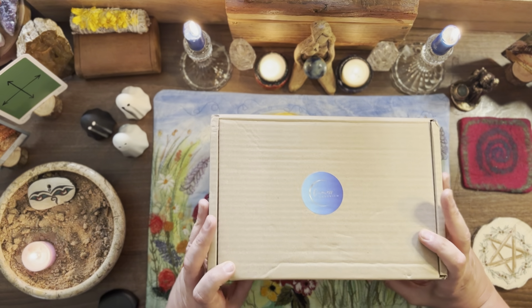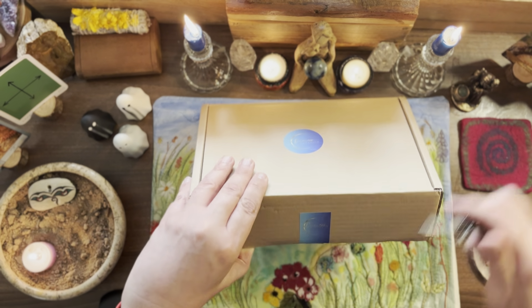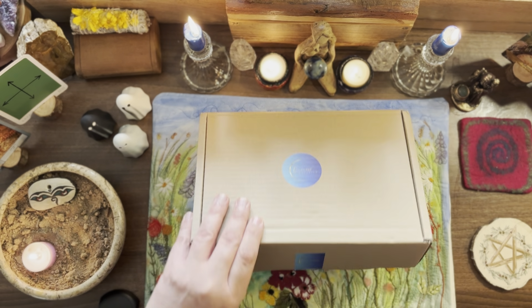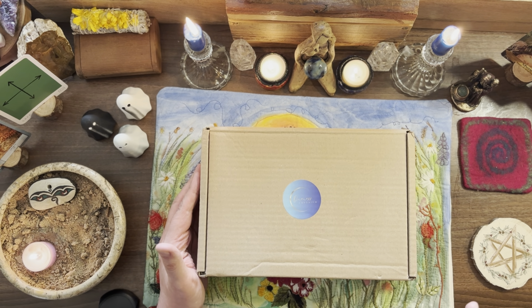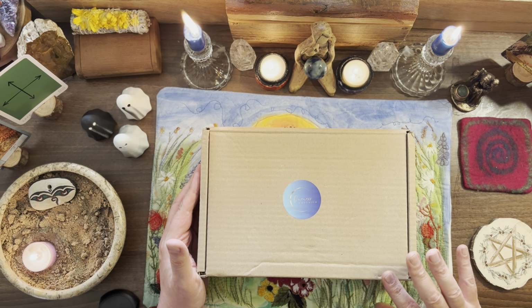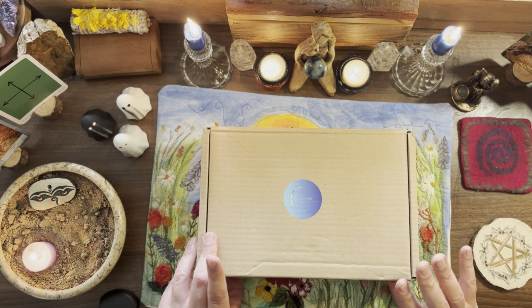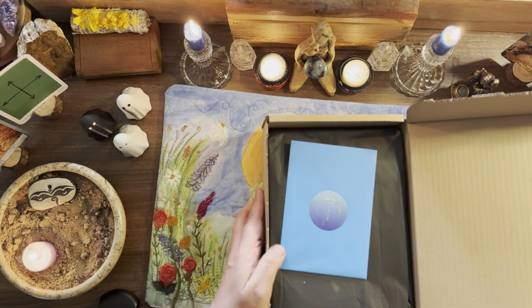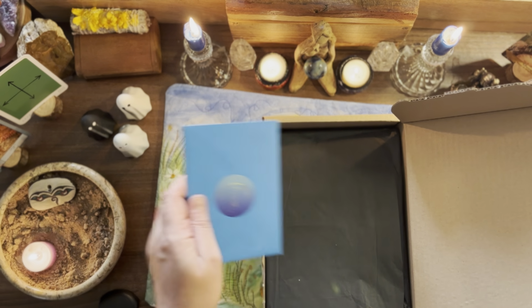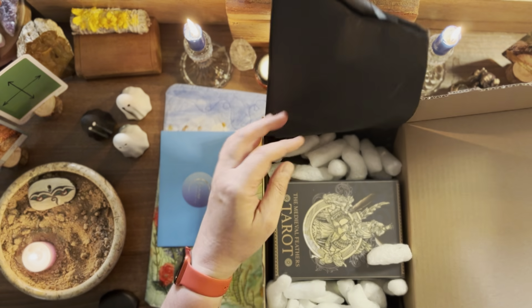It's Thursday now, but I've taken a delivery today from Cheryl over at Oneness Emporium, and she asked if I was interested. We are doing Spotlight next weekend, so not this Saturday but next Saturday, but she wanted to send this ahead of the decks that we'd be looking at next week, and it's the Medieval Feathers. She asked if I would be interested in taking a look, and I said that I would, because I've seen some images of this deck, and oops,